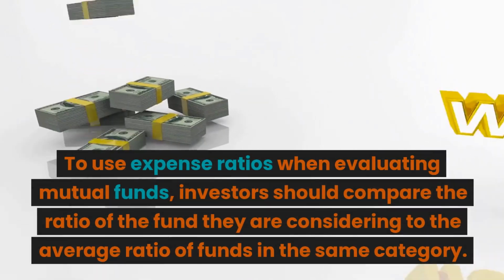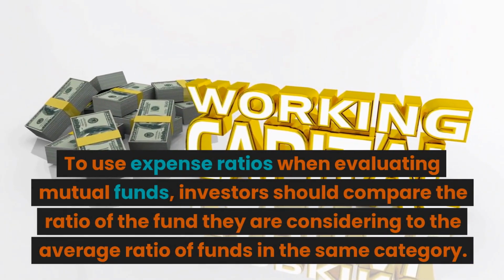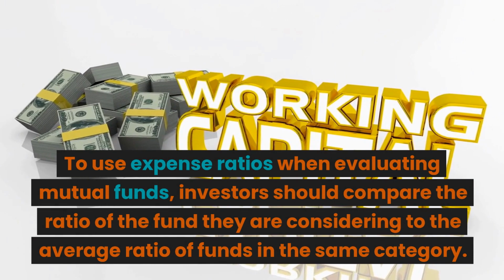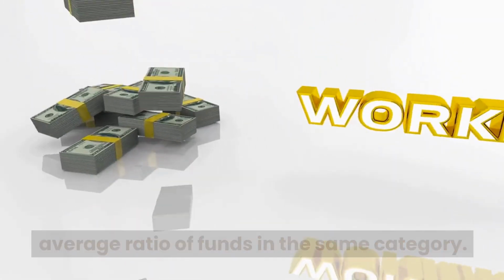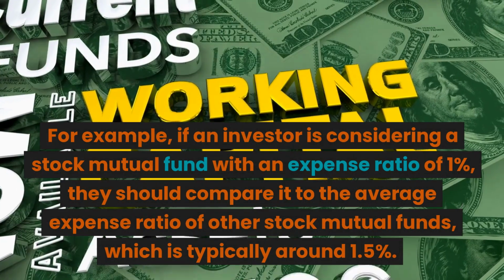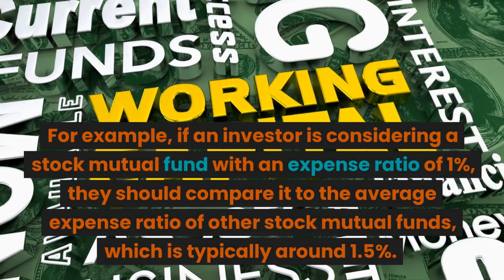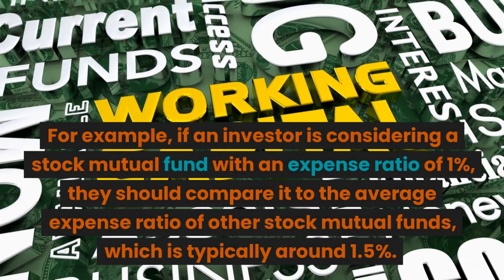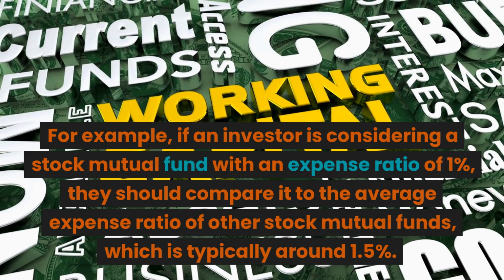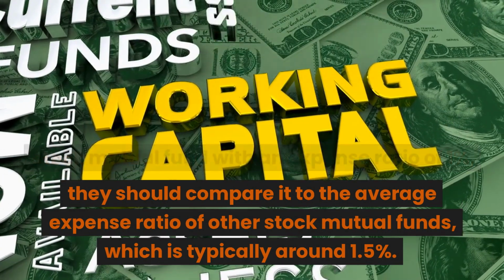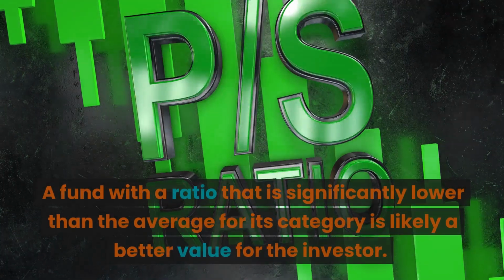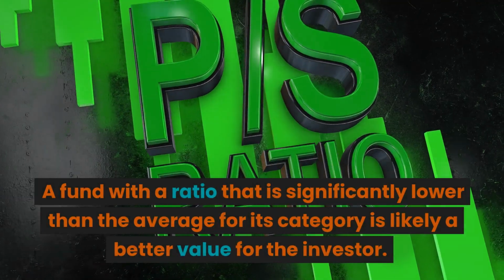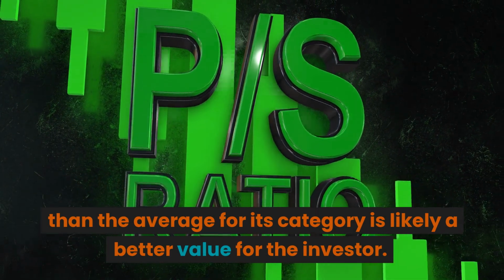To use expense ratios when evaluating mutual funds, investors should compare the ratio of the fund they are considering to the average ratio of funds in the same category. For example, if an investor is considering a stock mutual fund with an expense ratio of 1%, they should compare it to the average expense ratio of other stock mutual funds, which is typically around 1.5%. A fund with a ratio that is significantly lower than the average for its category is likely a better value